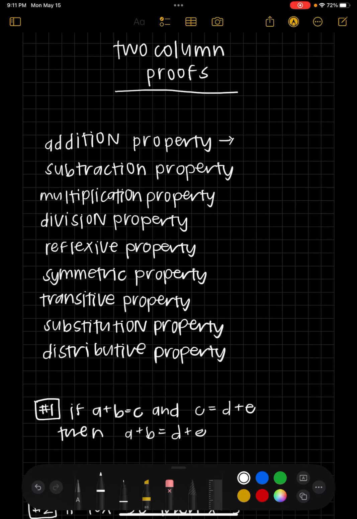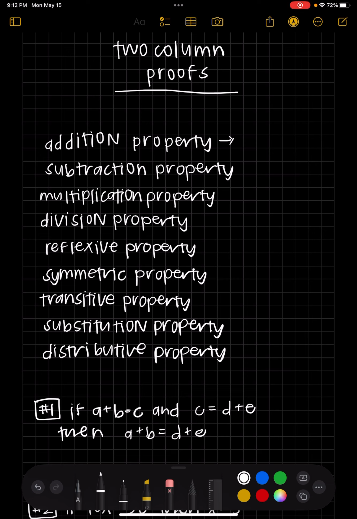Hi everyone, so this is the last video in the lesson, and it's all about two-column proofs. Two-column proofs are just one kind of proof, and this is one of the easier proofs to talk about because in a two-column proof, it asks you to do something like solve an equation or prove that something is equal to something else, and the way you do it is you actually solve the equation or you go through